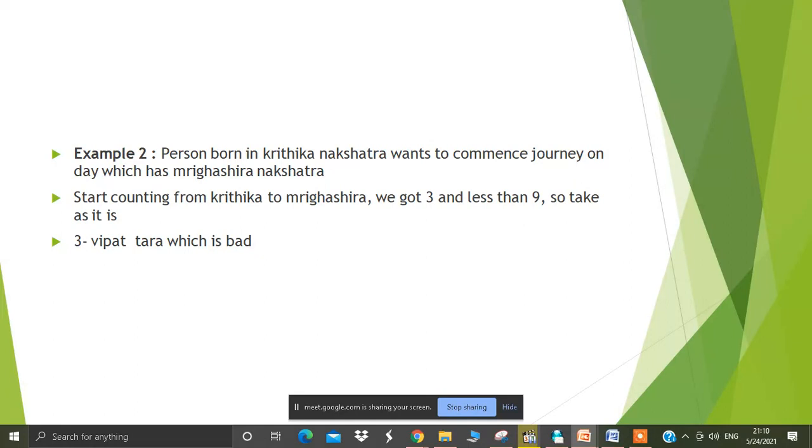You can directly check with any of your friends. It will always be 3, 5, 7 or 9. 9 is always good only for Murta, but it is not good for relationship, because the person who is 9 to us gets benefited, because we are Sampat Tara for them.